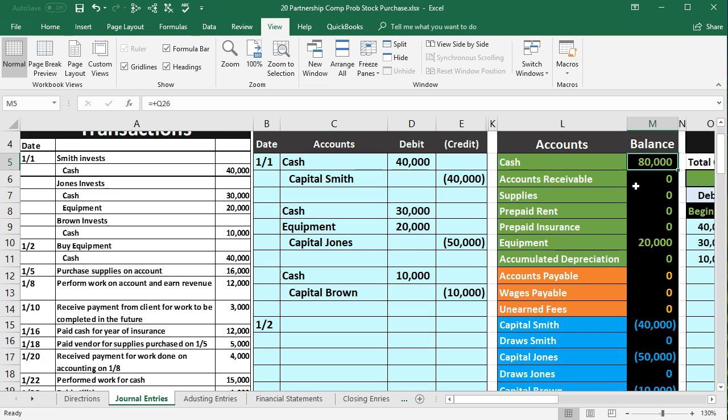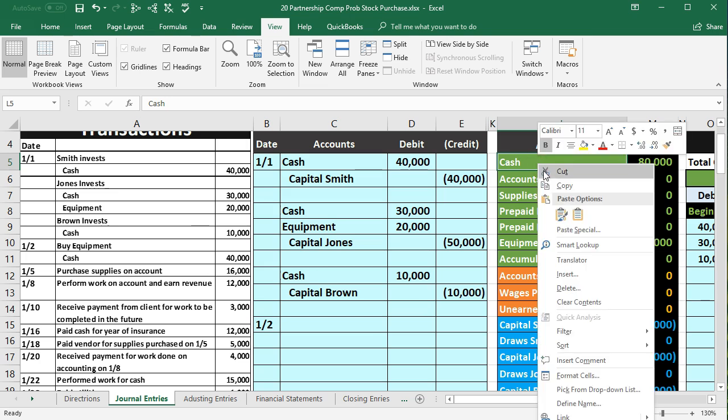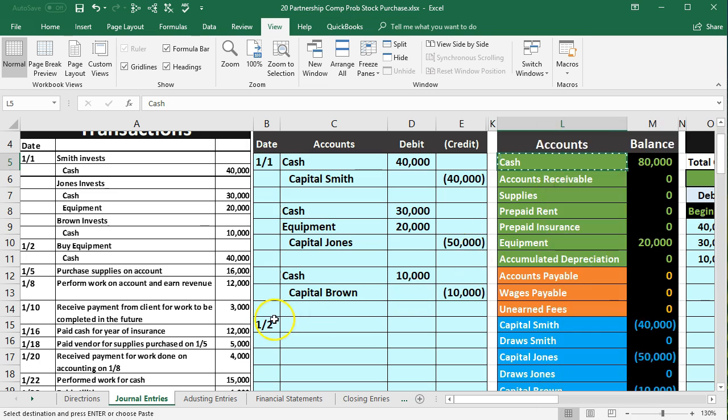The cash has a debit balance. We need to make it go down, so we're going to do the opposite thing to it, a credit. So I'm just going to copy the cash by putting a cursor on L5, right click and copy. We're going to put that on the bottom. Note, I'm thinking about the credit first because I'm thinking about cash first, and it's the easiest thing to do rather than think about whatever the debit is first. Typically, cash is easiest to think about, therefore, I'm going to think about it first, whether it is a debit